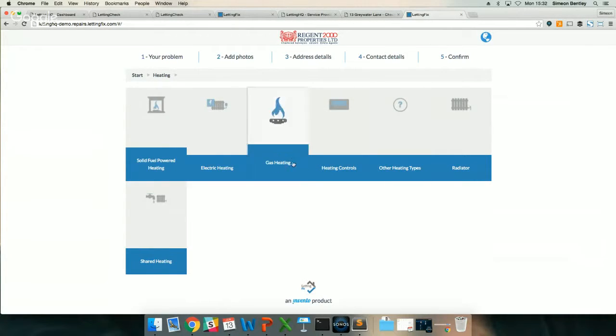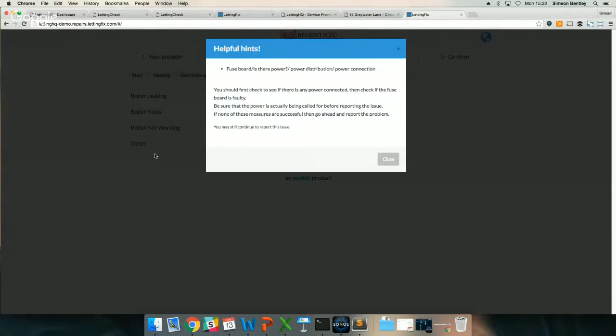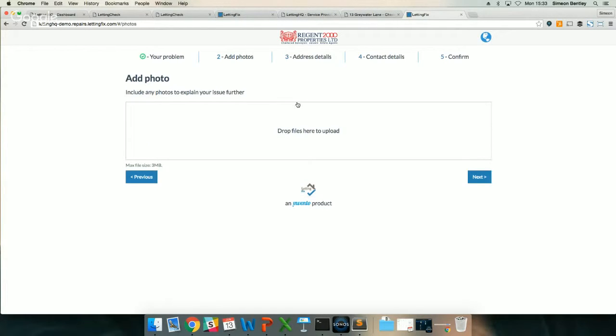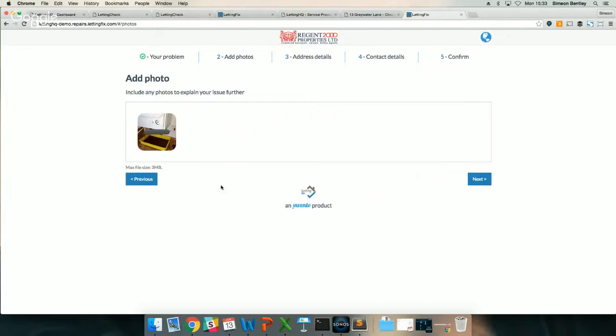Go to heating, gas boiler. Now, these are some helpful hints that will help me as a tenant to fix the problem myself rather than you calling out a contractor. But for now, these aren't going to help me, so I'll click close. Let's say that the boiler's leaking, and I'd like to upload a file. Once we see the green tick,